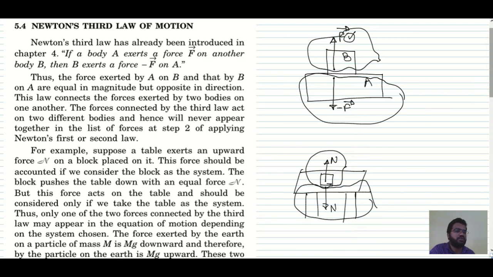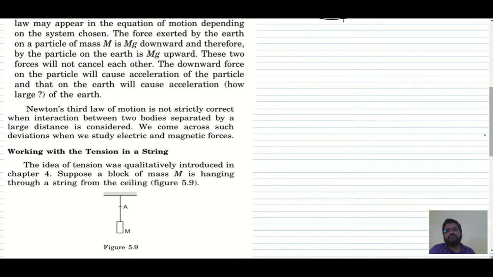Right, the force exerted by Earth on a particle of mass capital M is mg downward, and therefore the force by the particle on the Earth is mg upward. So if you consider the Earth and a mass M, this is capital M, then on small m there is mg in the downward direction by Earth on small m, then on Earth due to small m we have the same force